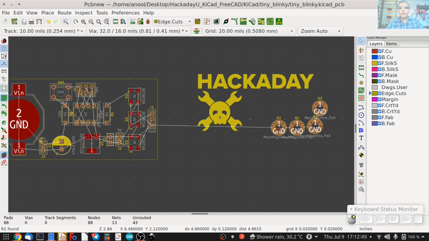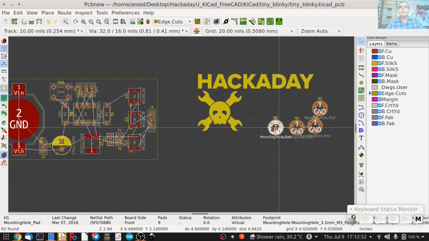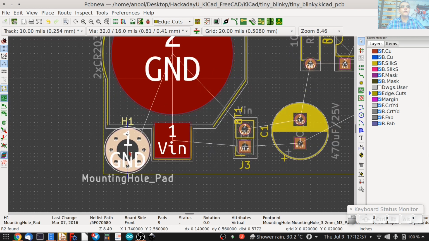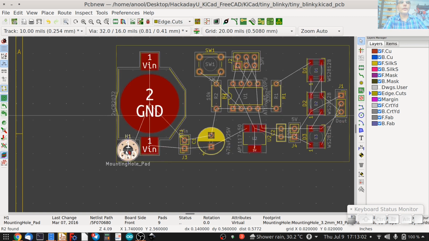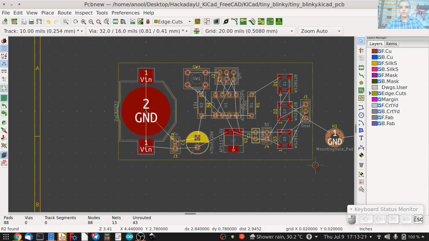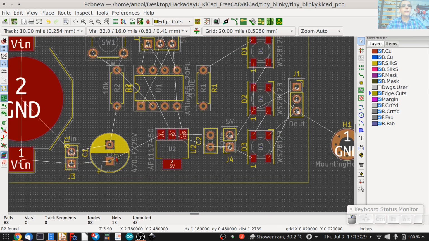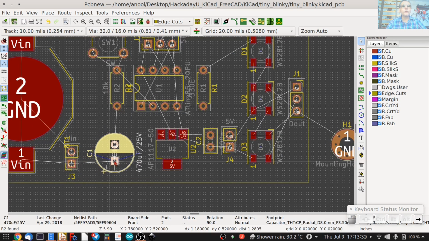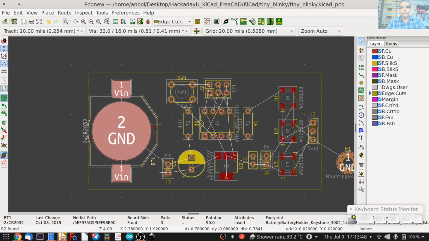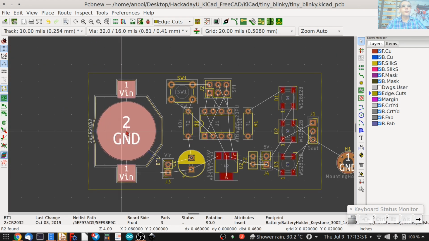Click on mounting hole once, select it, and then press M to move. Let's see if we have enough space here. Not really. This is going to be quite a squeeze. So we might have to increase the width and the height of the board. So let's just place it out here somewhere and move our components a bit around. I'm going to start off with moving this capacitor closer to the voltage regulator input pin header like so, and moving this battery holder further inset.